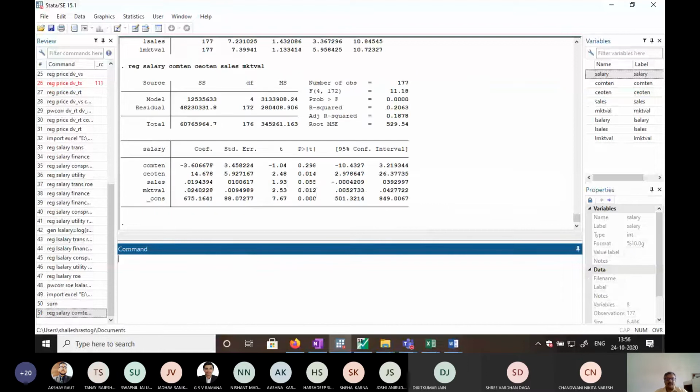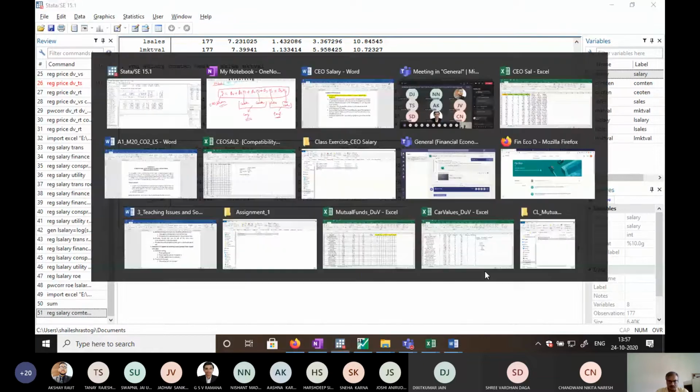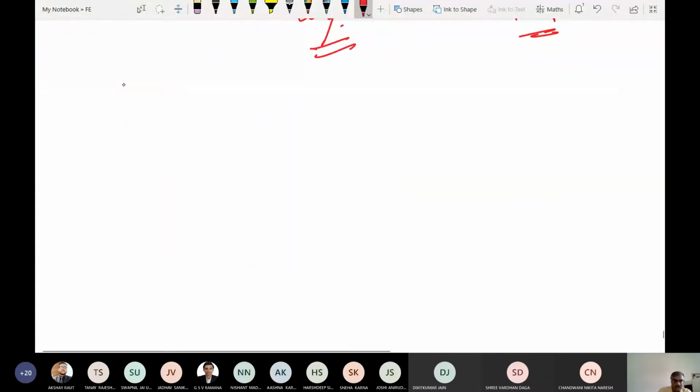Here we run, and what we find is that we will straight away look at the p-values. Because as we look at the p-values, we find that the p-value of company tenure is insignificant, and CEO tenure is coming out to be significant at 5% level of significance, because the p-value is less than 0.05. You remember we have discussed one universal null hypothesis for beta,